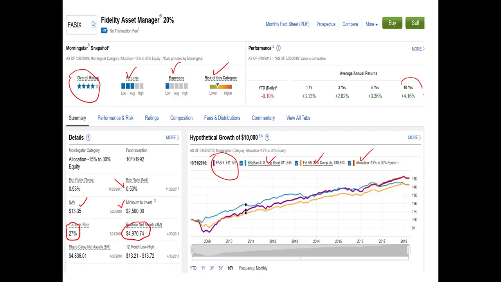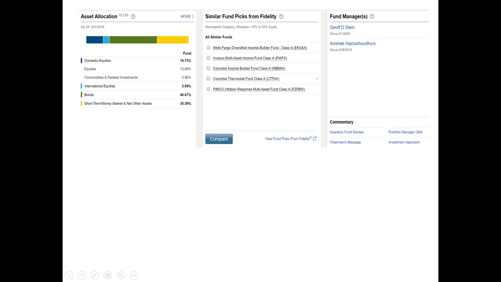And we can see up here the specific returns over 10 years, 5 years, 3 years, 1 year, and then year to date. So this is a snapshot of a balanced fund, and let's look a little bit harder. Remember, with this mutual fund, we want to buy it because we want somebody else to manage the asset allocation for us. So we see that there are 2 fund managers who are in charge of managing this $5 billion